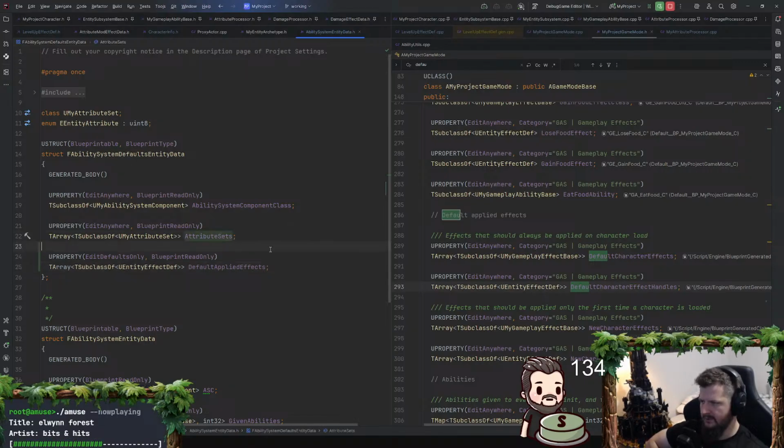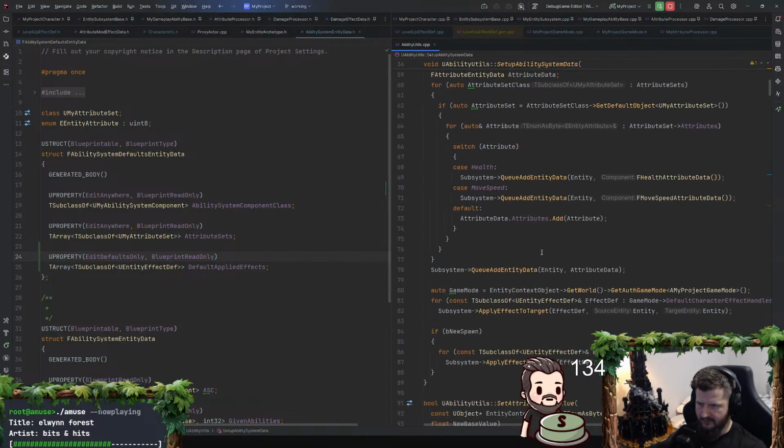Okay, so default applied effects in there. And then let's go to the setup function, and rather than getting the game mode default applied effects or new,